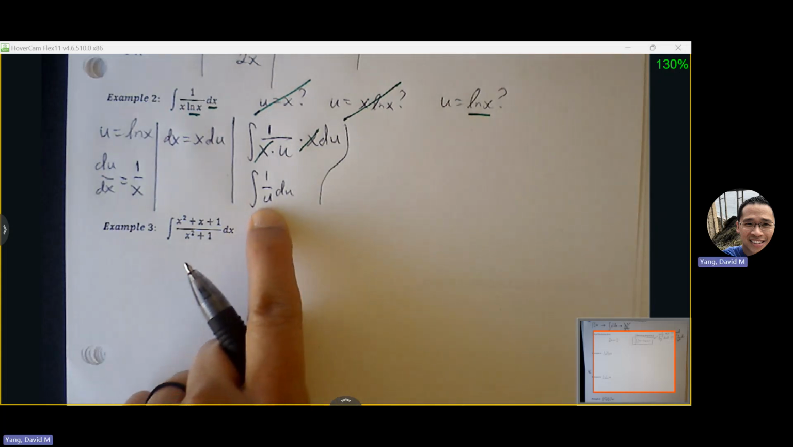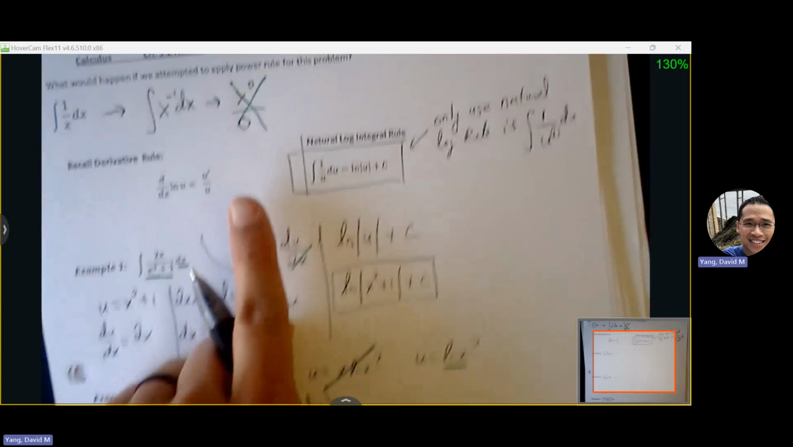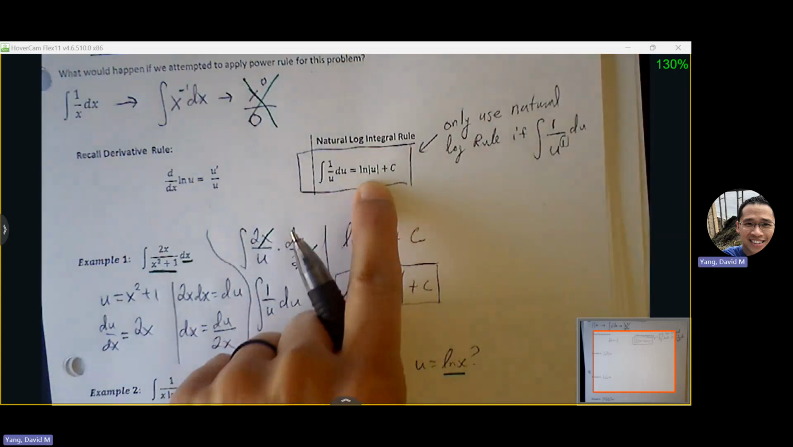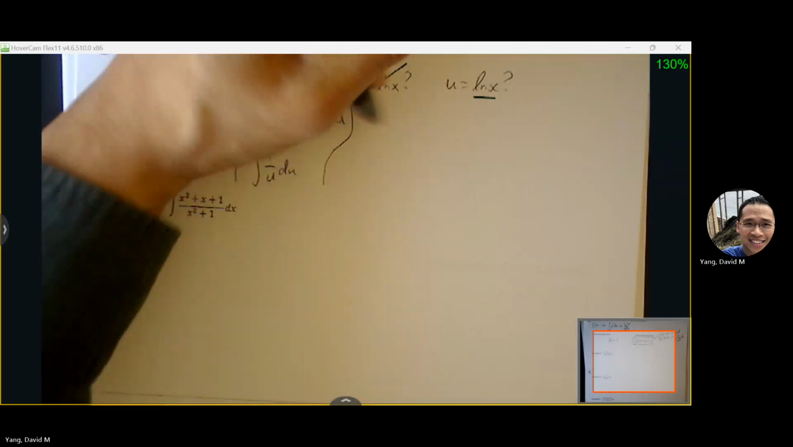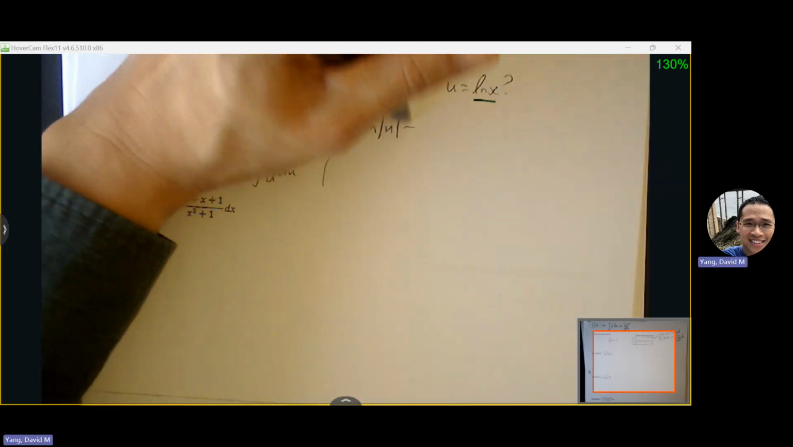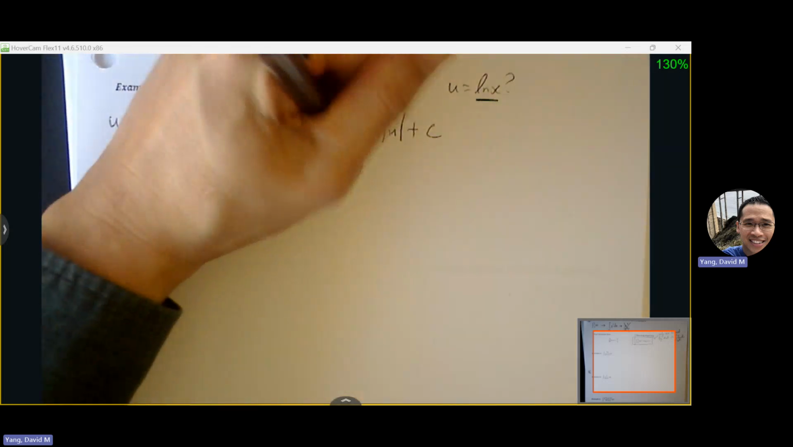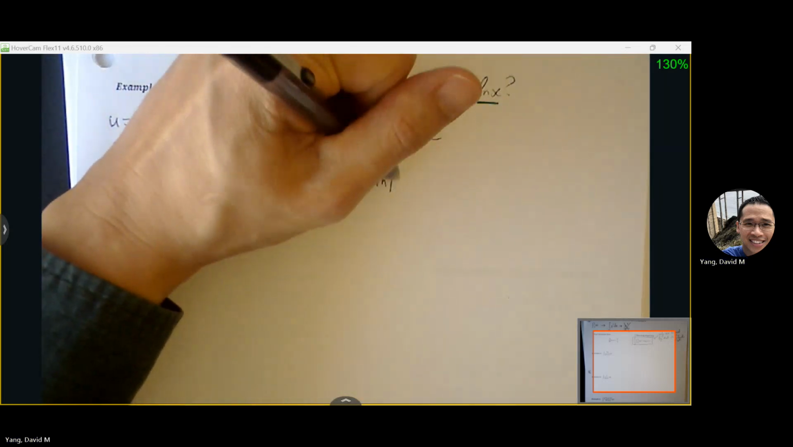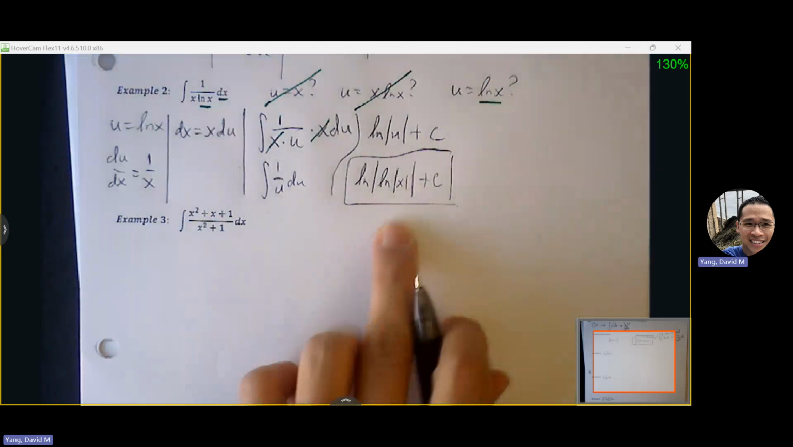Okay, 1 over u du, this is u to the negative first power. This matches perfectly with our natural log rule. So we go ahead and apply that. Natural log absolute value of u plus c. And then don't forget, bring back your original x variable. Looks a little bit strange here with natural log inside of natural log, but